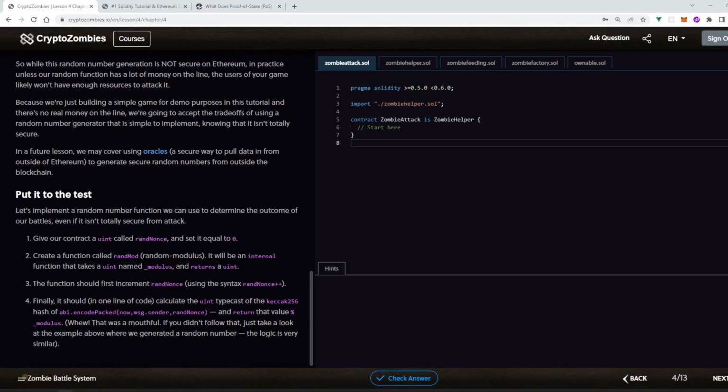Let's implement a random number function we can use to determine the outcome of our battles, even if it isn't totally secure from attack. Give our contract a uint called randNonce and set it equal to 0. So let's create it. uint randNonce = 0. Create a function called randMod. It will be an internal function